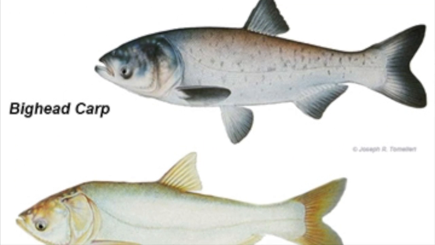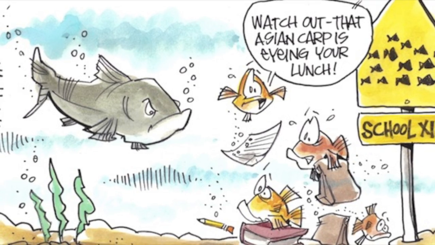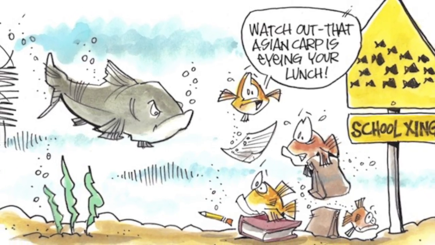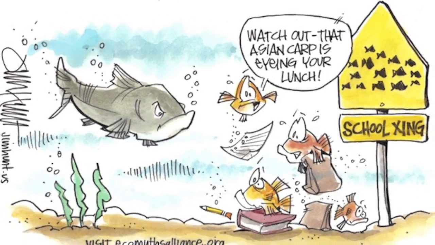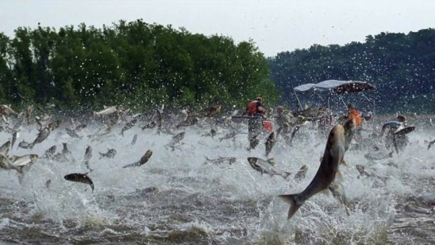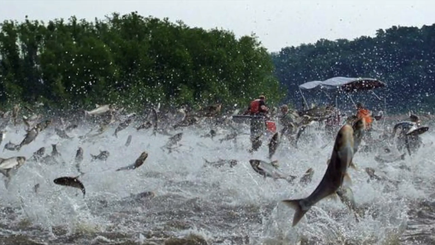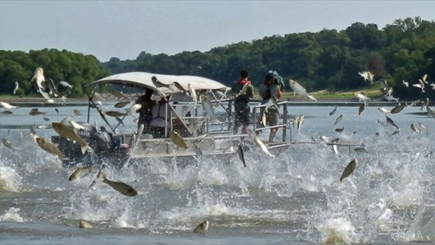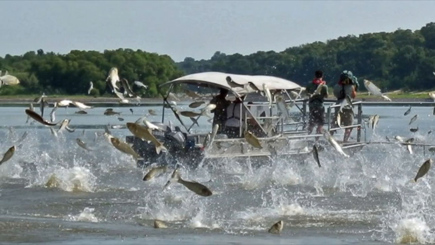Because of their capacity to eat an immense amount of food, this species can grow to be huge. The bighead species is able to grow to be about 60 inches long and 110 pounds. This species is able to reproduce quickly, so it is hard to stop their fast reproduction. This species poses a physical threat because they are able to jump up to 10 feet into the air when they are scared.